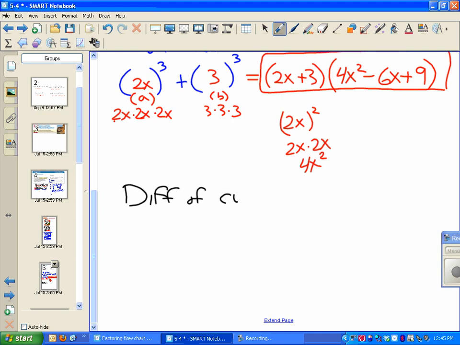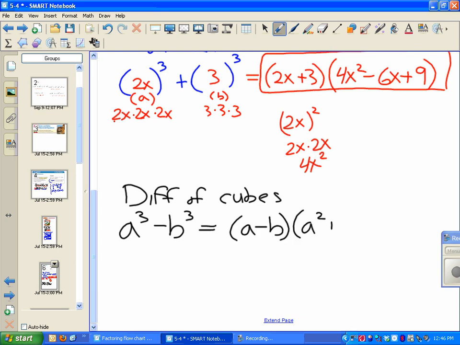Difference of cubes. So that is a cubed minus b cubed, and that is going to factor into a minus b, so same sign in the middle, and then a squared, opposite sign, so plus ab plus b squared. Okay, so for an example, we have